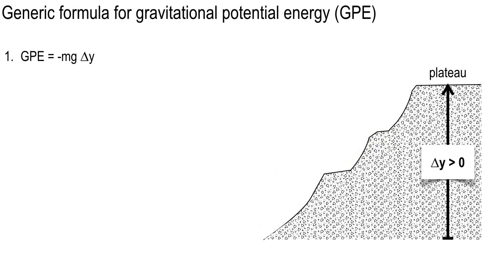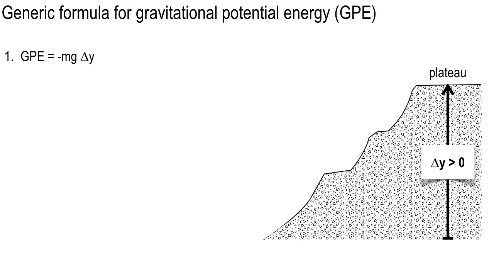So let's take a little bit of a look at the generic formula for gravitational potential energy. Now, this is at the surface of the Earth, where we replace the full G m1 m2 over r squared. That's always true. But on the surface of the Earth, you can replace it by mg, because from the bottom of the Mariana Trench to the top of Mount Everest and everywhere in between, the acceleration is pretty much 9.8 everywhere. So this is a good formula for this.